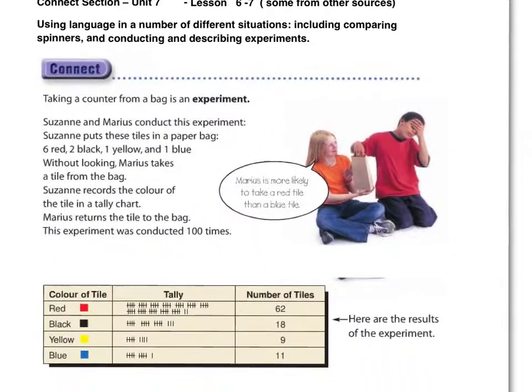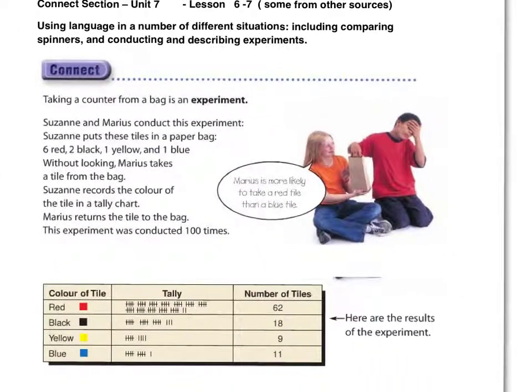All right, let's take a look at our example. We have a counter. Taking a counter from a bag is an experiment. So they're conducting an experiment here. We have Suzanne and Marius conducting this experiment. Suzanne puts these tiles in a paper bag. Paper because then you can't see through it. That's a deliberate choice. In it, she puts 6 red tiles, 2 black tiles, 1 yellow tile, and 1 blue